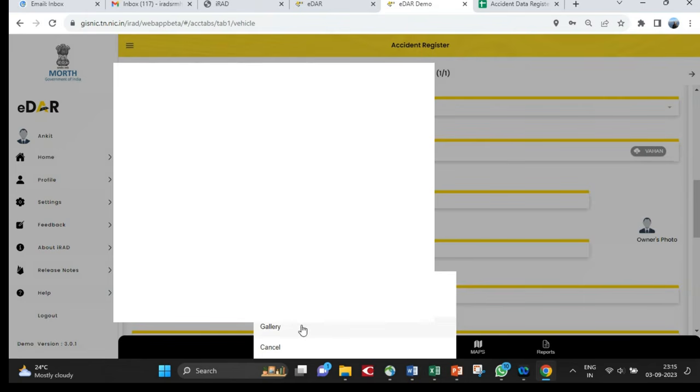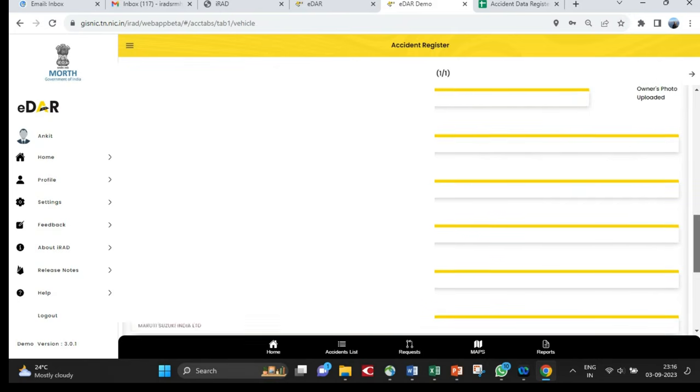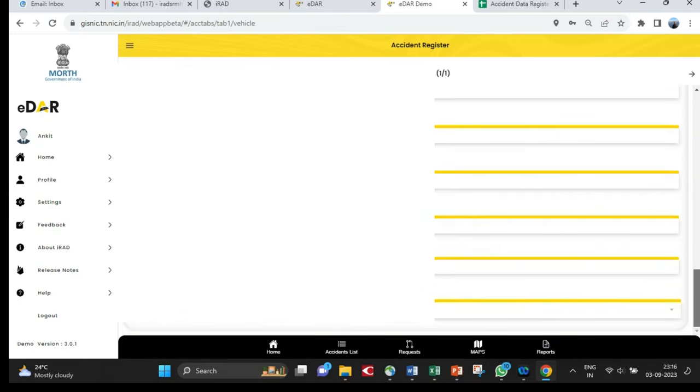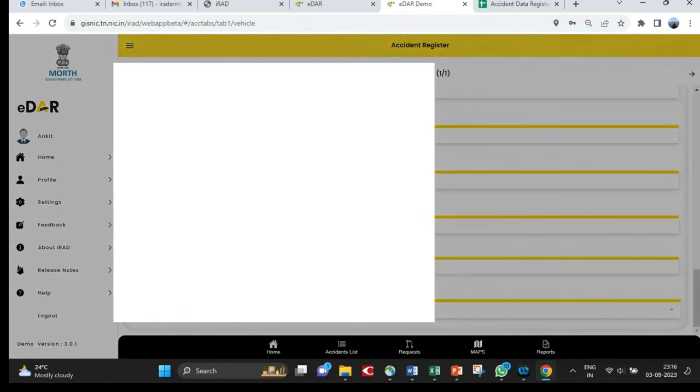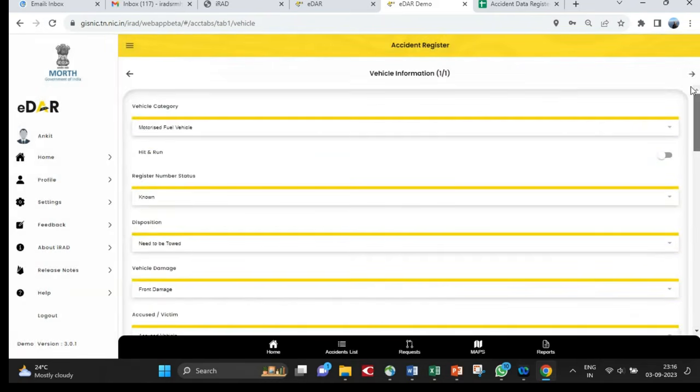There is a provision to upload owner photograph of vehicle. Now click on the next icon.